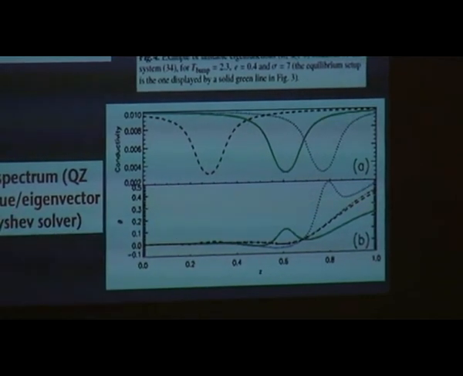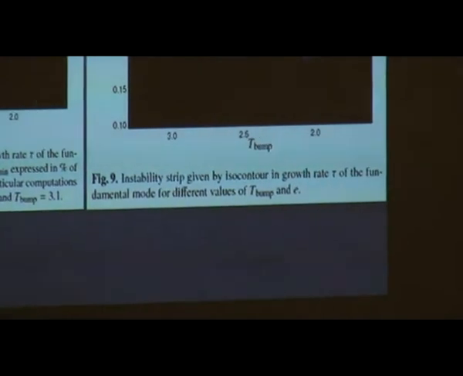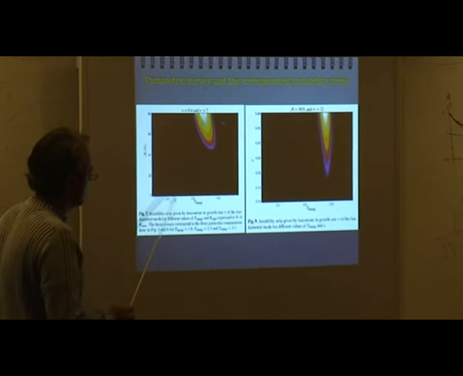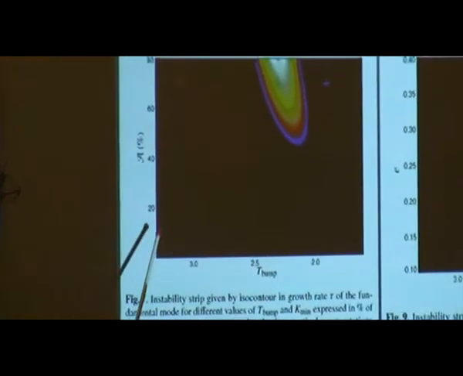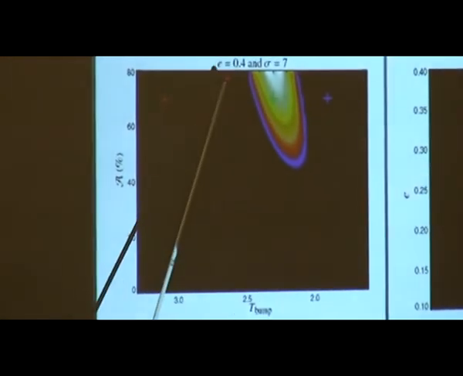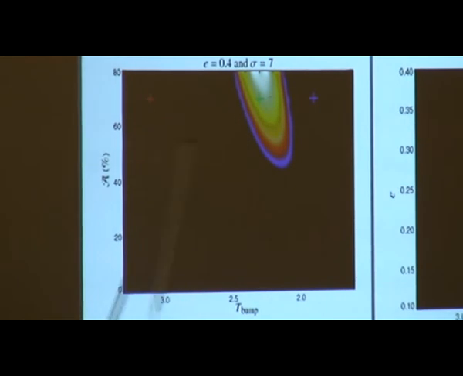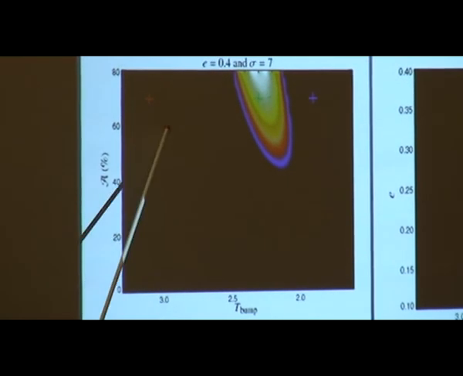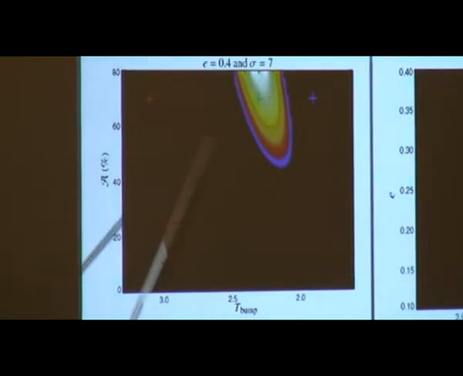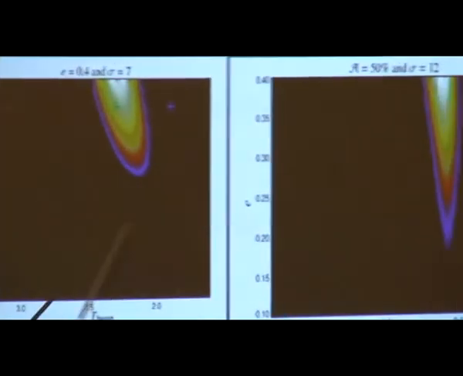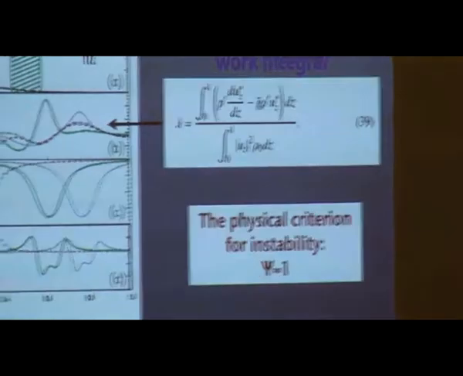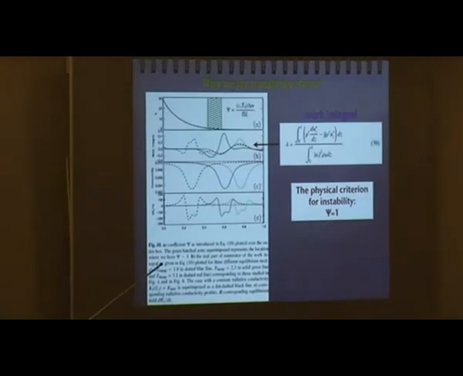Okay? And then Thomas did a parametric survey of this problem by changing, for example, the temperature of the band and the amplitude of the band for a given width. And what he found is an instability strip, which means that for a given position of the band, modes are unstable. Okay? And for a given position of the band, modes are stable. Okay? And the question is why this mode here is unstable, and why we got an instability strip, and we wanted to